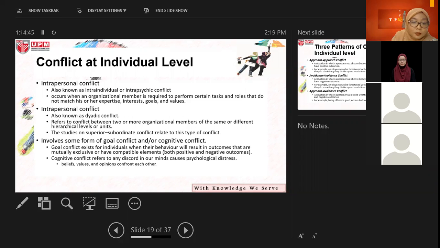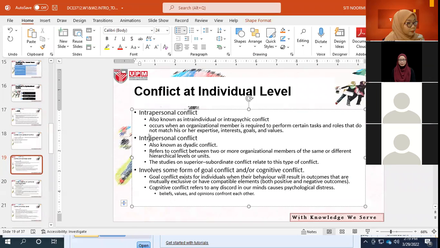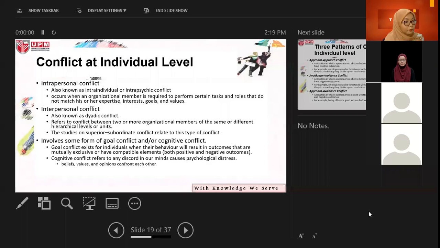Okay, and then intrapersonal conflict. Saya betulkan balik. This one intra, this one inter. Okay, so next one interpersonal conflict. So it's also known as dyadic. Dyadic why? Because it involves two persons. Dyad. So it refers to conflict between two or more organizational members of the same